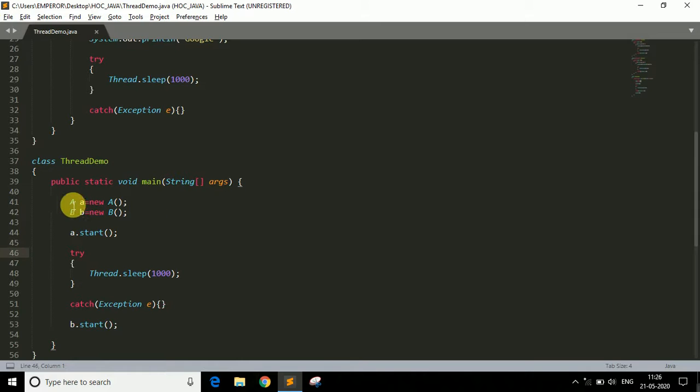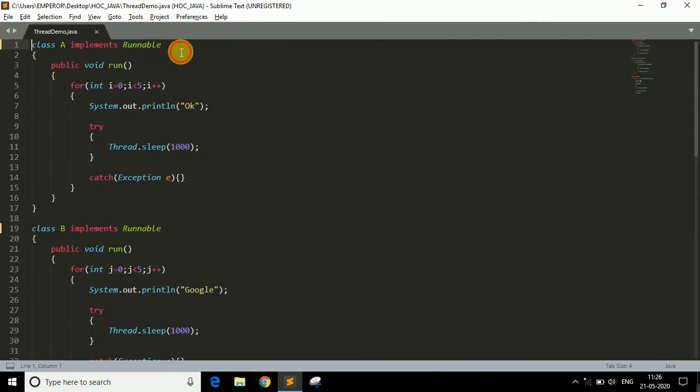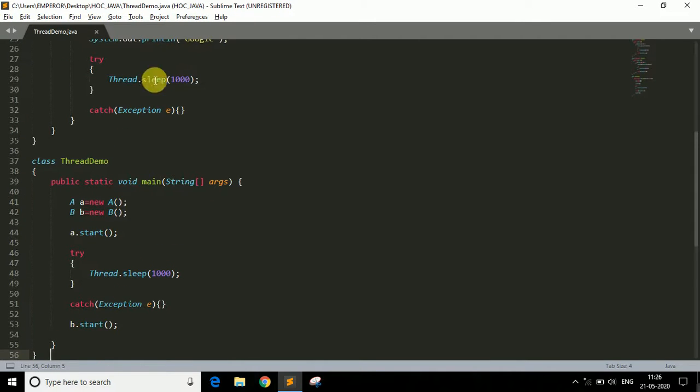And the second change is here in the main method. Now this start method belongs to the Thread class, and we have not specified anywhere our Thread class. So in order to call the start method we have to create an object of the Thread class.